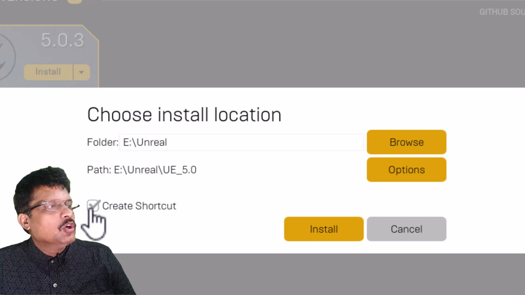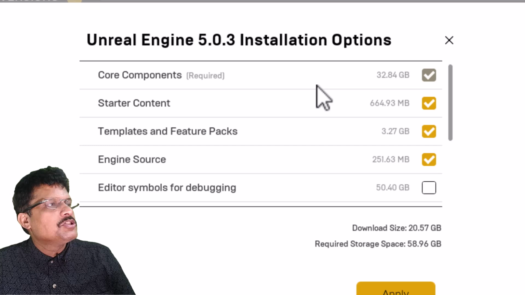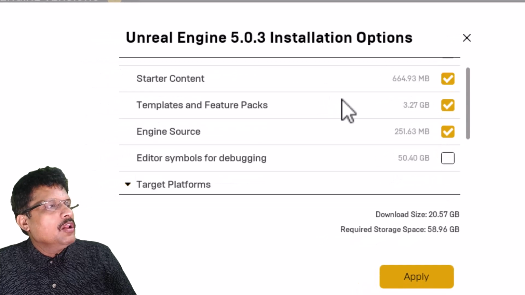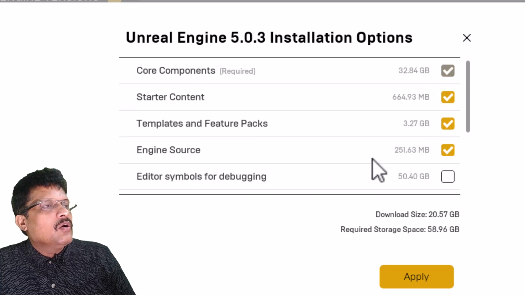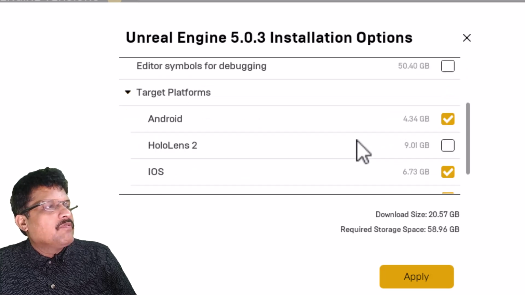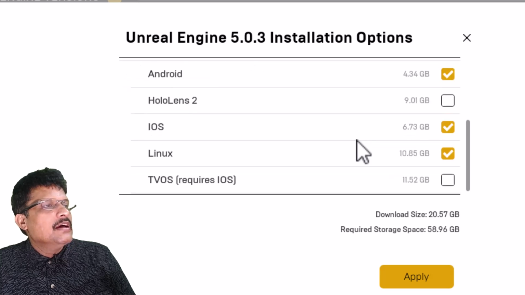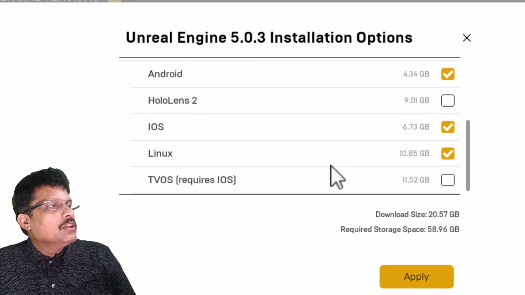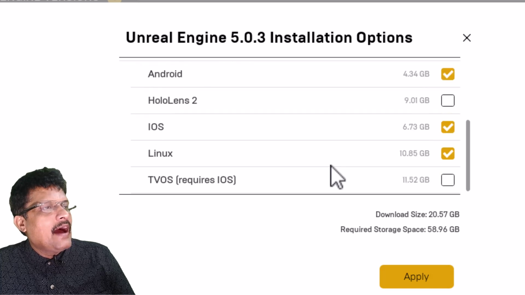You can also choose create shortcut, and you also have the options here to select what all you need for installation. You can see editor symbols. The basic software will take around 32 GB, and you can choose the target platform: Android, iOS, Linux, and so on. These are the platforms that we have.